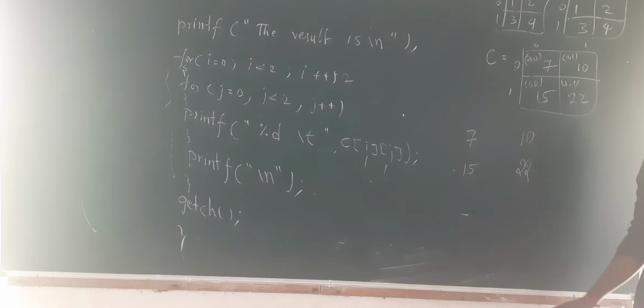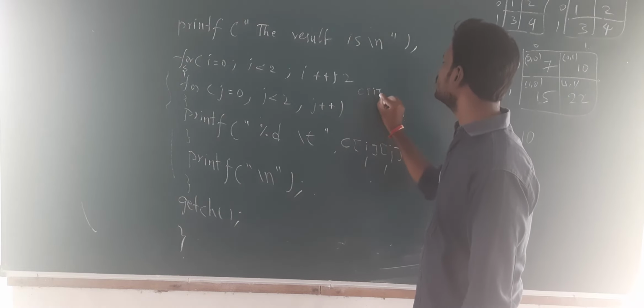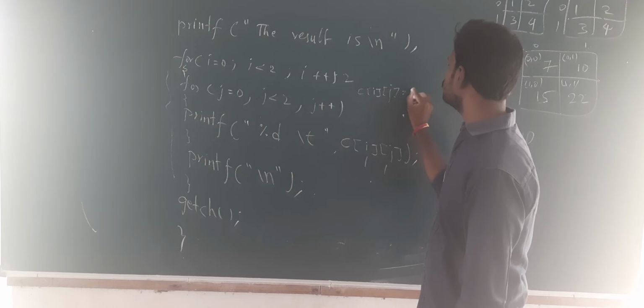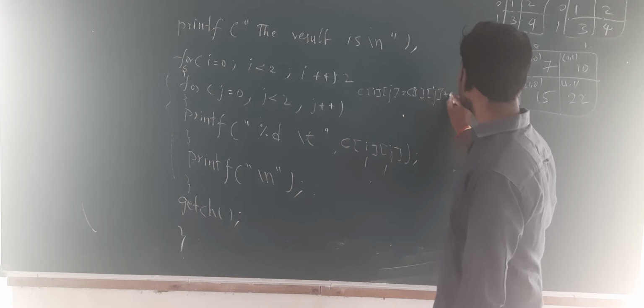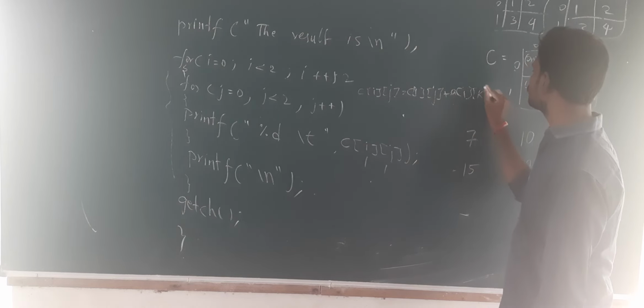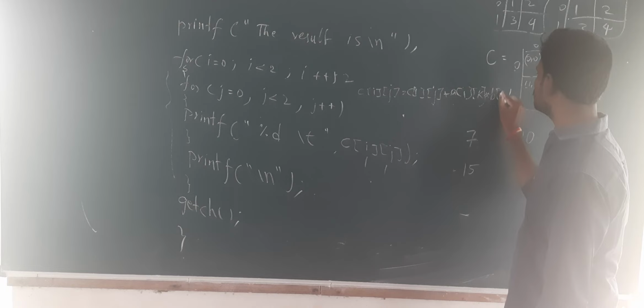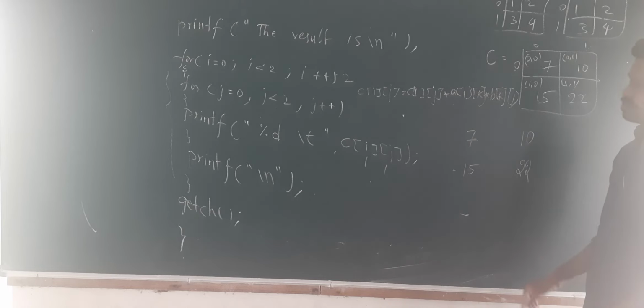In this complete program, you know everything, how to take the elements, how to print the elements. But you need to remember only one statement, that is C of ij equals C of ij plus A of ik into B of kj. This is the major code of your program. This is the first line that you need to remember.